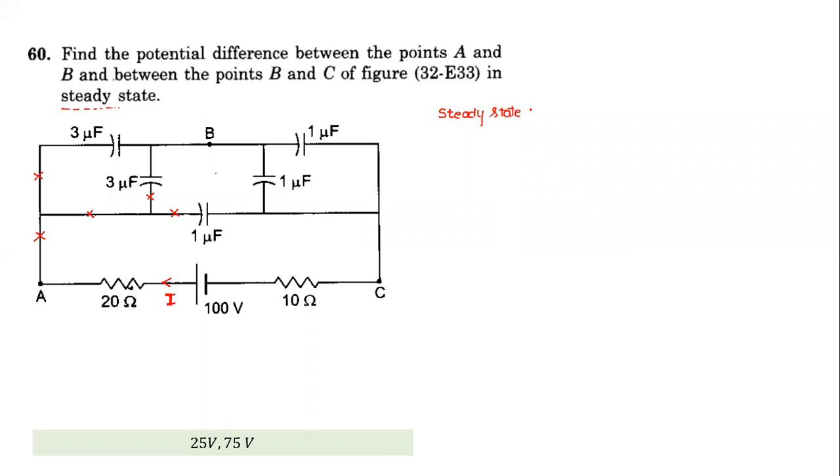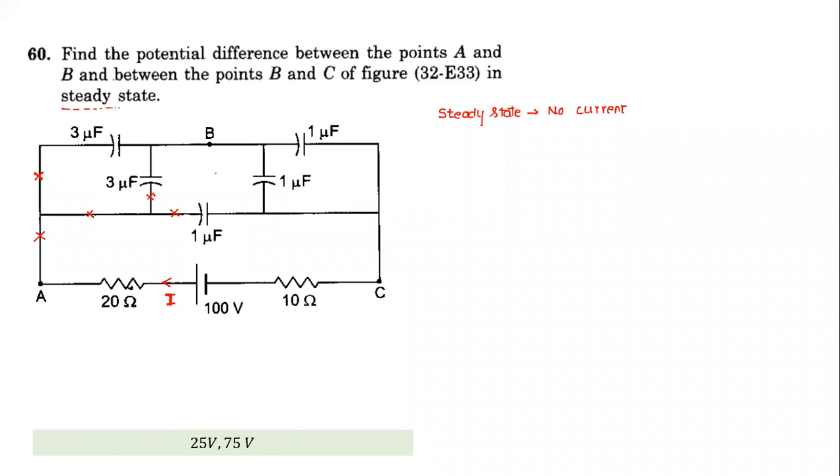Is this clear? Why there's no current? Khyati, have you understood why there's no current? Yes, sir. Basically, whichever branch has a capacitor, what we start with, this will have no current because this branch has a capacitor, it is fully charged. This branch also will have no current because this is a capacitor, and this branch also will have.